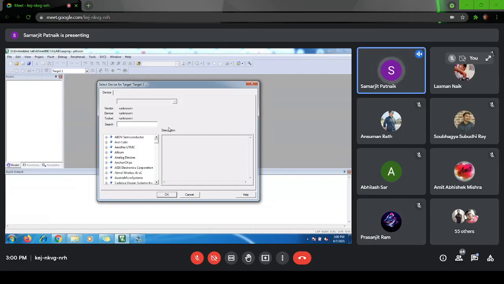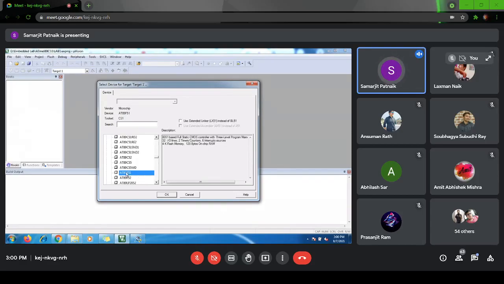Keil is for writing codes, right? But for which processor? That is important. So I have to select Atmel 89C51. If you look carefully, previously it was known as Atmel Studio. Now it is coming under Microchip. So we'll go to this Microchip and find out where it is. Okay, so there is a Microchip. I will expand this Microchip and find out where 89C51 is. Okay, so this is 89C51.